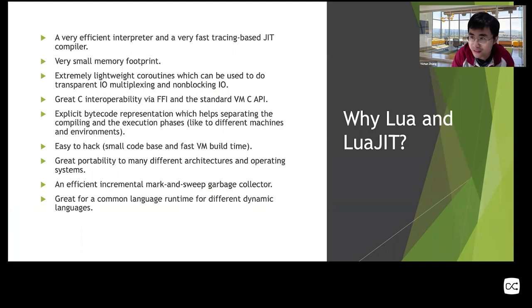So why Lua and LuaJIT? I think you are here because you love Lua already, or at least you are interested in Lua. But still, I'd like to highlight some of the advantages or benefits of the Lua language and also the LuaJIT implementation. LuaJIT is a very efficient interpreter and also a very fast tracing-based JIT compiler.